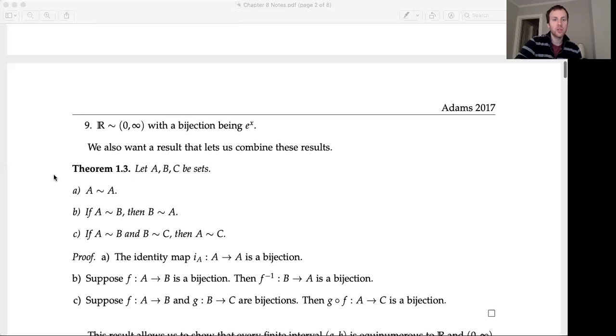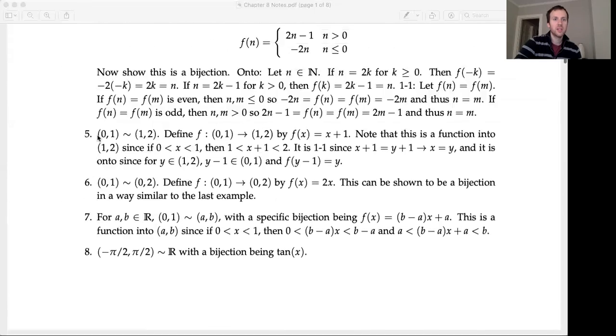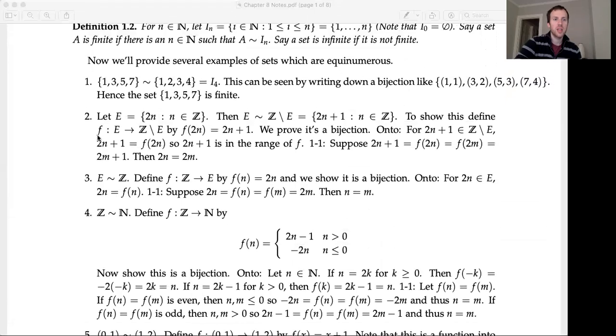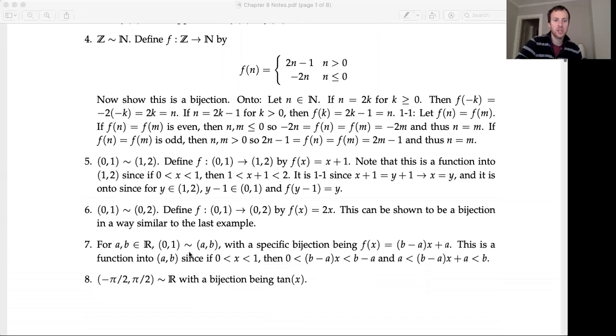And if we look back and combine some of these results here, so for instance, we said that the even numbers are equinumerous to Z and Z is equinumerous to N. So that means that the even numbers are equinumerous to N. In these other examples,